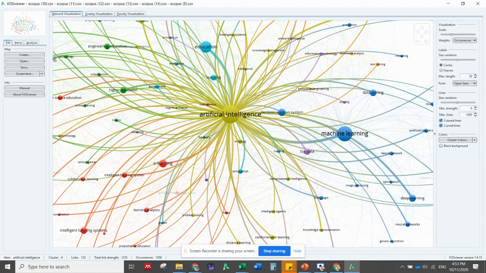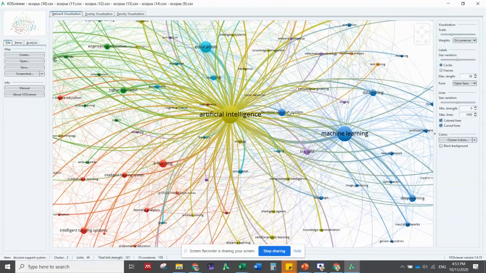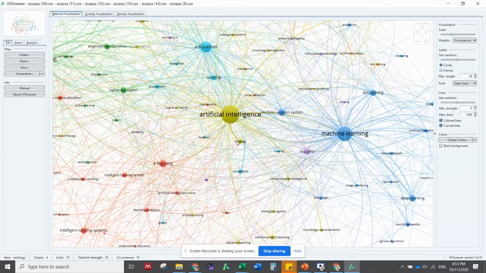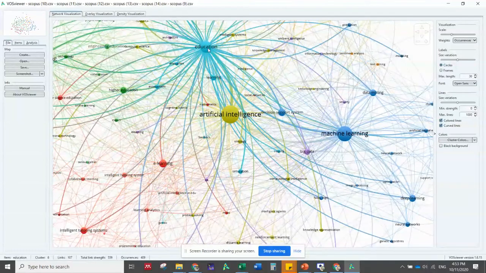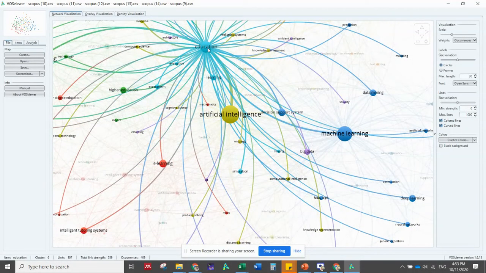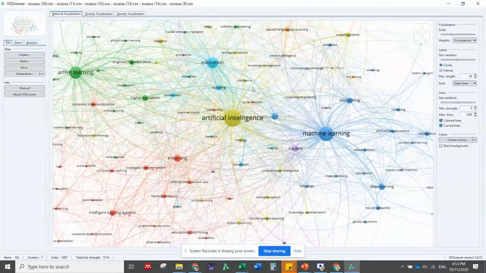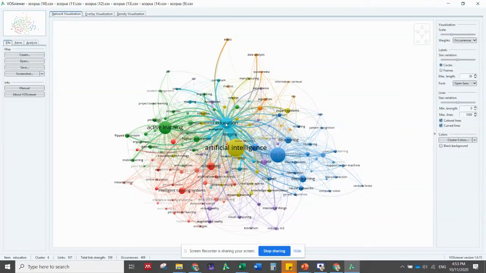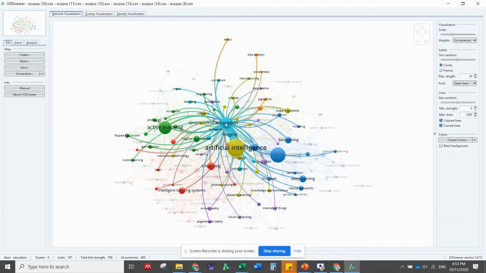Okay, it is mathematics, DSS, ontology work, e-learning, right? Education is here because we included education. Want to see what the relationship between education and AI is? We can highlight education. Then we can see the